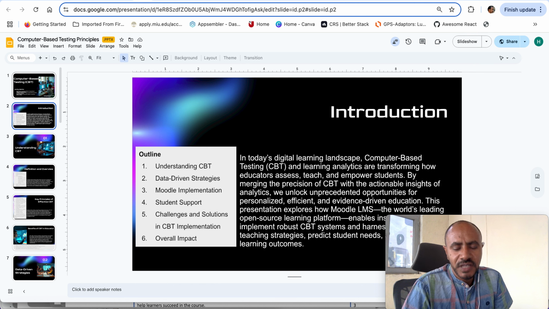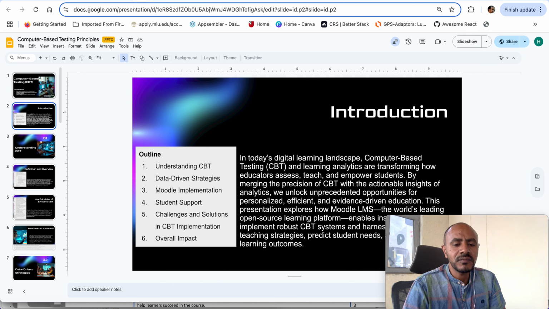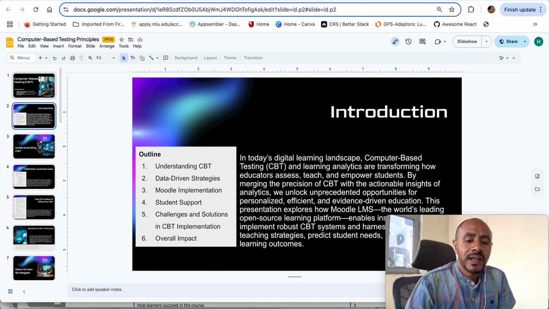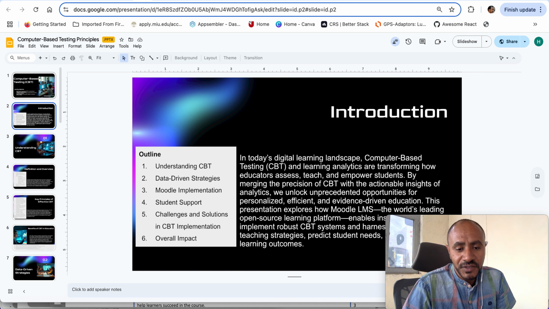Whenever you face such challenges, maybe some of them are alleviated by proper, extensive planning to conduct a CBT, while some are inevitable. Those challenges may appear whenever there is a CBT, so you should prepare yourselves for that, and those challenges would be discussed in the fifth